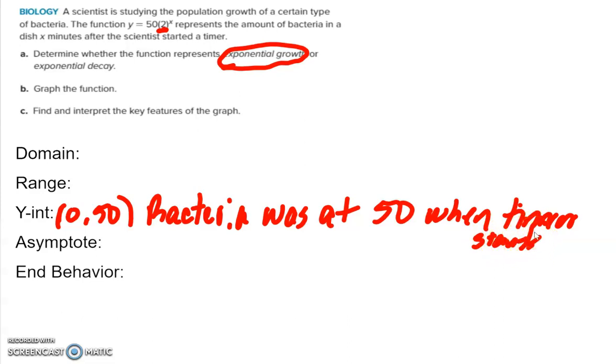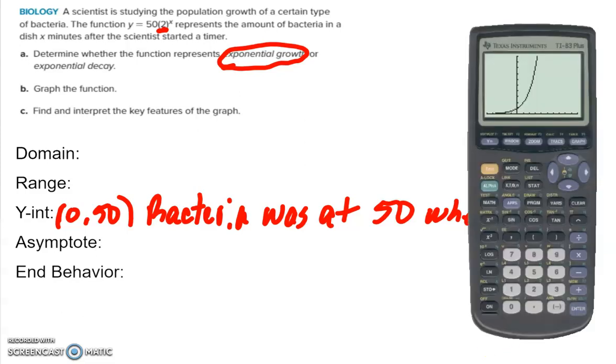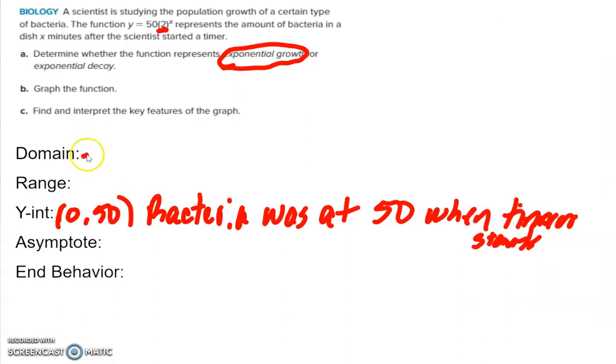Now, the domain is talking about what are all the kinds of time I can have. Because if I go to my graph, it does continue going to the left and stays above the x-axis, and it continues to go to the right. I know that the domain is all real. I can put any amount of time, the time before the timer starts and the time after the timer starts. I can put a number in there and it will tell me what the population of the bacteria would be. So this is all real numbers